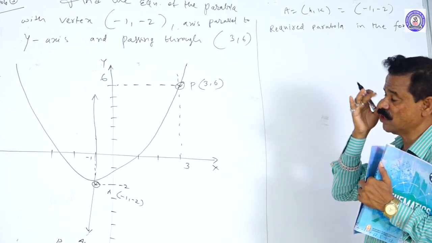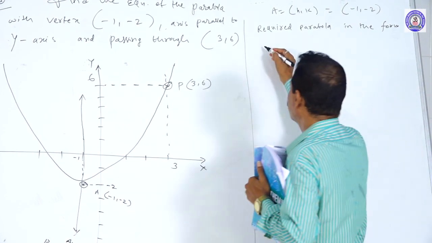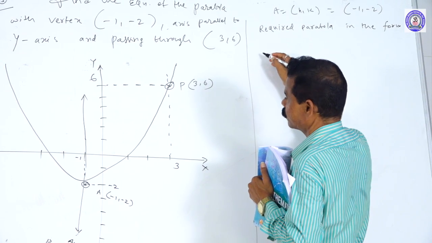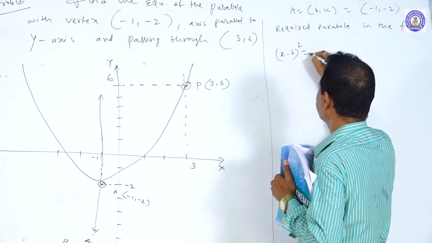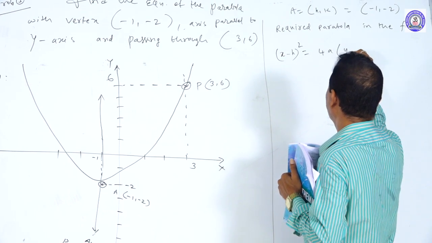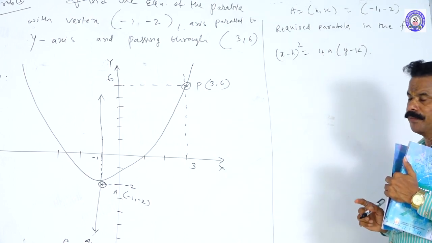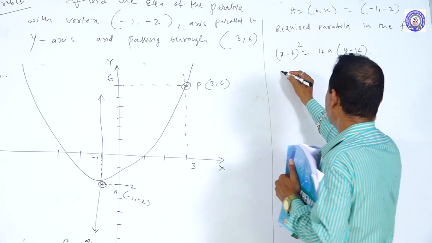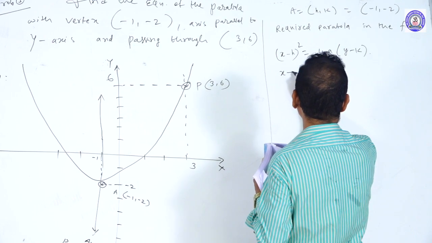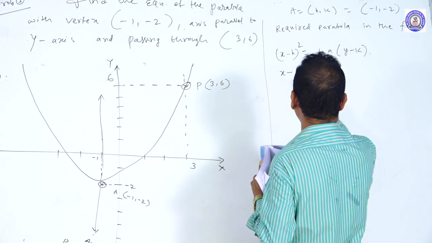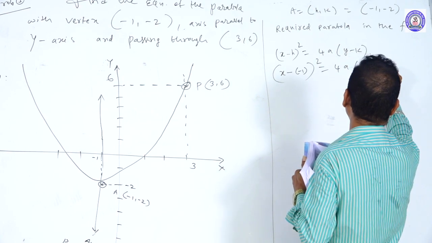So above it was y square is equal to 4x. So we change the vertex, that's why it is written as (x minus h) whole square is equal to 4a into (y minus k). This is the type. If it opens down, it is minus 4a. So it is upper, so here we don't know the a value. (x minus h), h is minus of minus 1, whole square, 4a into (y minus k), k is minus 2.